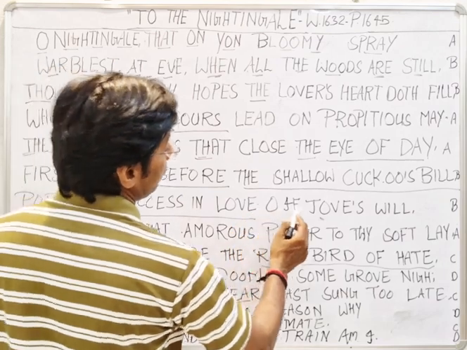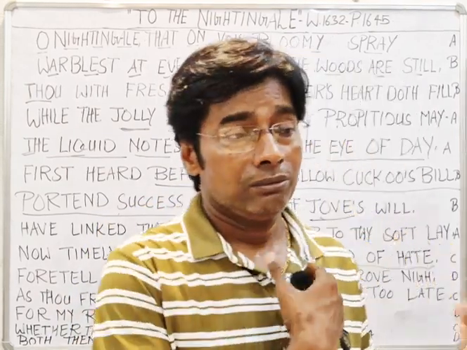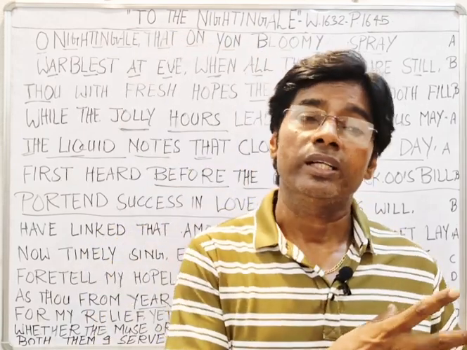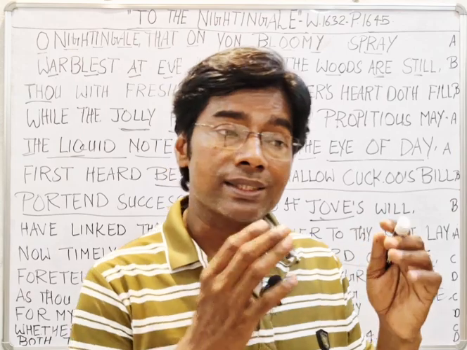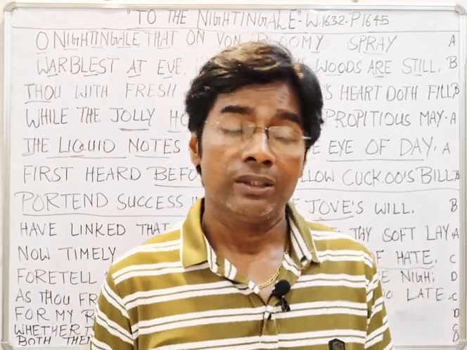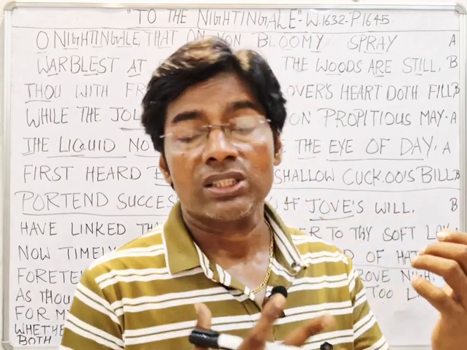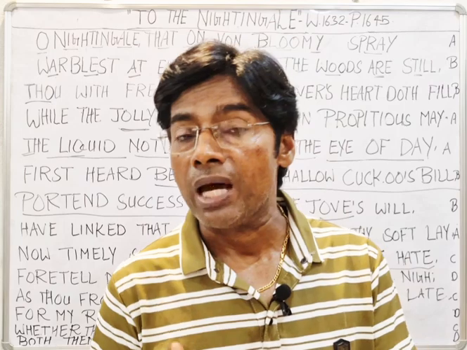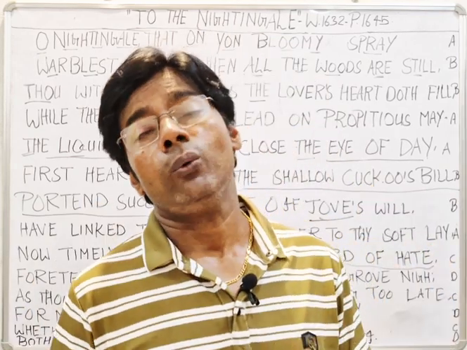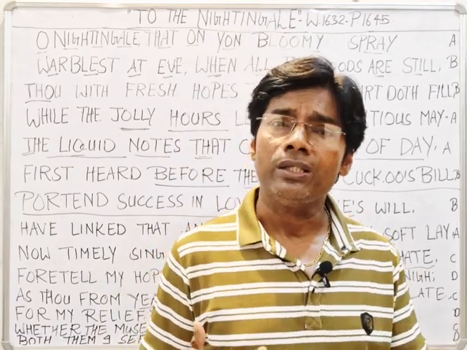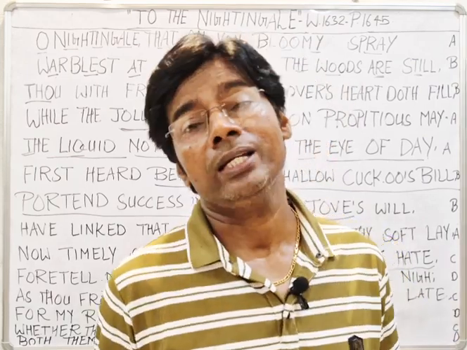Now see, oh, if Jove, remember Jove is the god of the sky, and he means to say that generally these birds are very close to the sky, or they spend lots of time in the sky. So he says that the god of the sky has given so much amorous emotion, amorous feelings, sweetness and melody to the song of the nightingale. So if the god has blessed the nightingale with so much sweetness and melody, why keep it and let it go waste? Better to sing and pour and use it